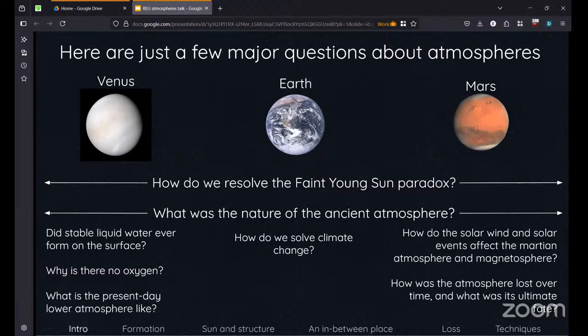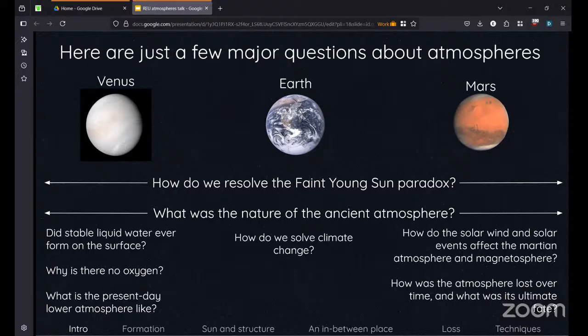Each of these planets also has some unique questions that I've listed down below. Like I said, for Venus, we don't know if liquid water was ever present at all, so that's a major question. We know it was for Mars, but we don't really understand like how the atmosphere has escaped over time. We know it's escaping today. That's the focus of the MAVEN mission. And we expect that it was probably higher in the past, like there's greater escape in the past.